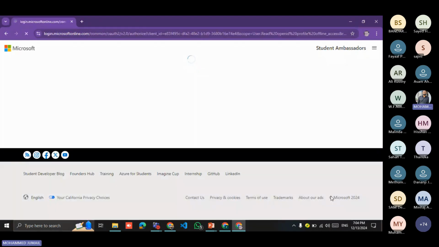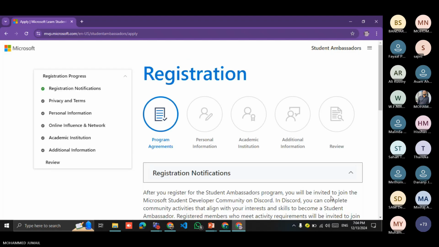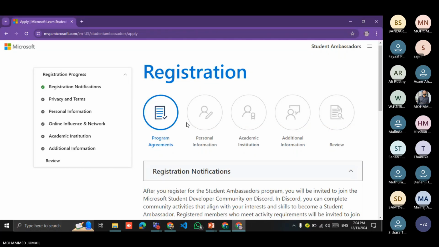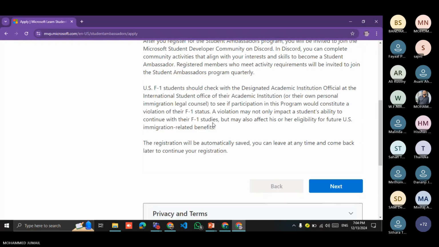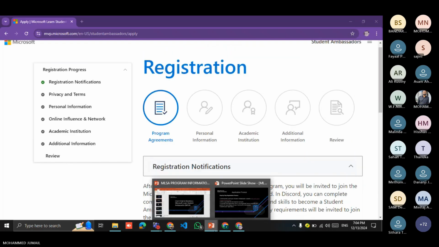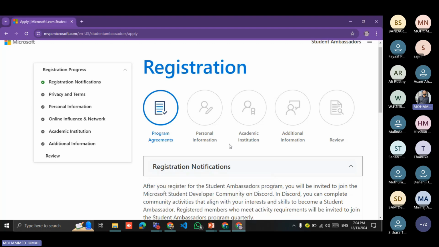Once you enter the page, complete your registration. In this case, I already registered. That's why I get to see this interface. If you are new to this website, you will get the registration. Once you register, you can see this interface. That's all. Once you register, you can start engaging with the community through different activities. These are the activities shown.